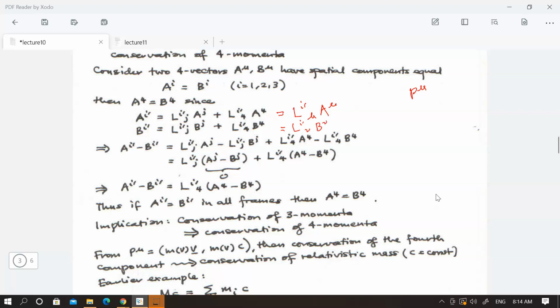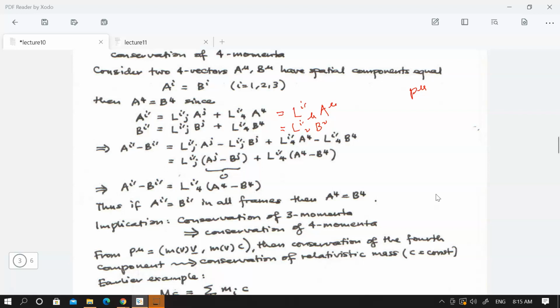And now the condition that we had earlier: if we want this to be true in all frames, then what would we have? First, we know that it's equal in one frame. I should say that we are subtracting all the dash components now, and that leads to this